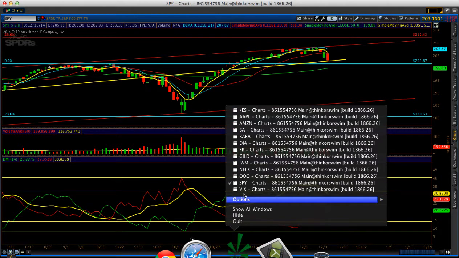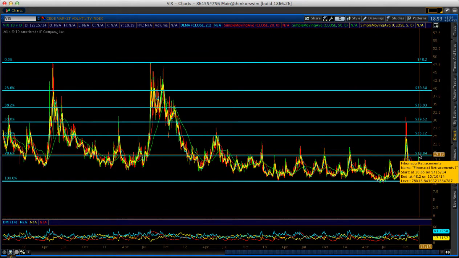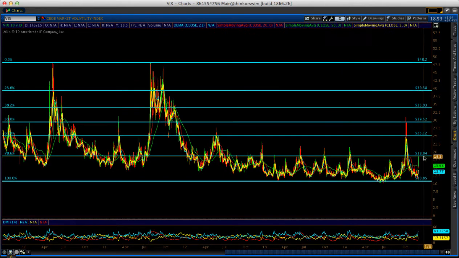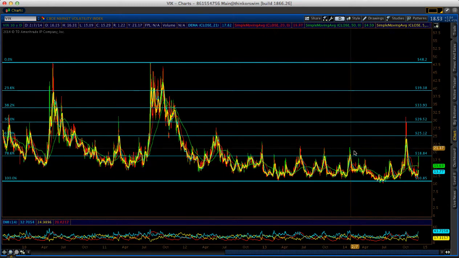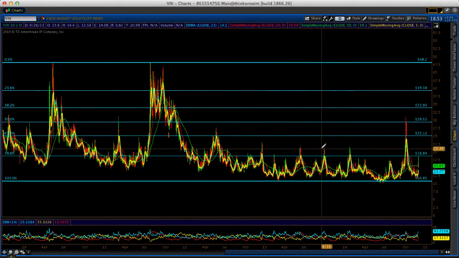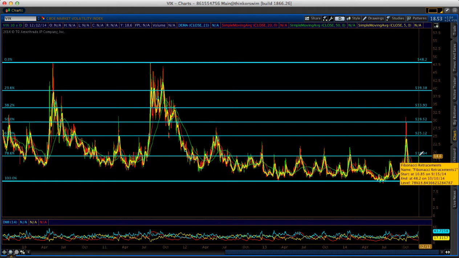Now let's talk about the VIX, because we can get information from the VIX. Right here, the VIX has major resistance at the 18.84 or 19 level. Every time we go to that level, we usually break that level, spike, and go down. You can tell right here, right here, right here. So if this thing goes to 20, I'm going to go short the VIX and long the spider.